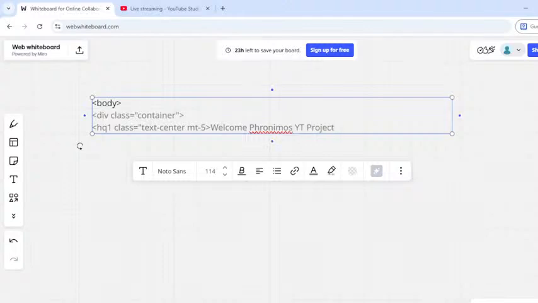And we gotta close it. Okay, so we are using H1, so /h1, then we close it. So if we close it this way,